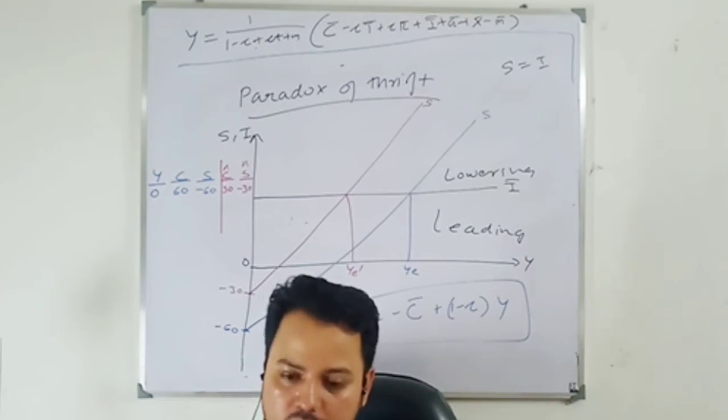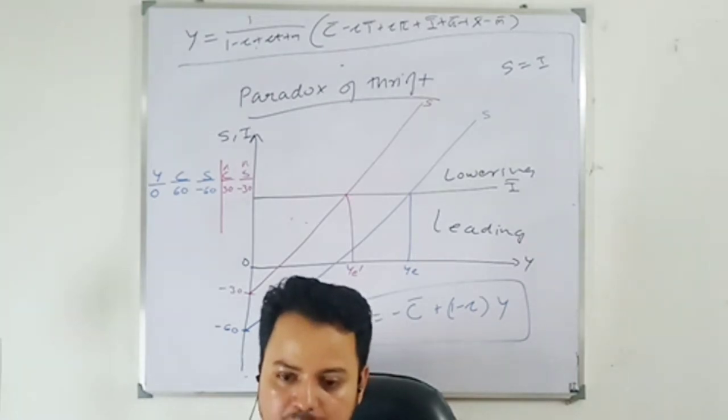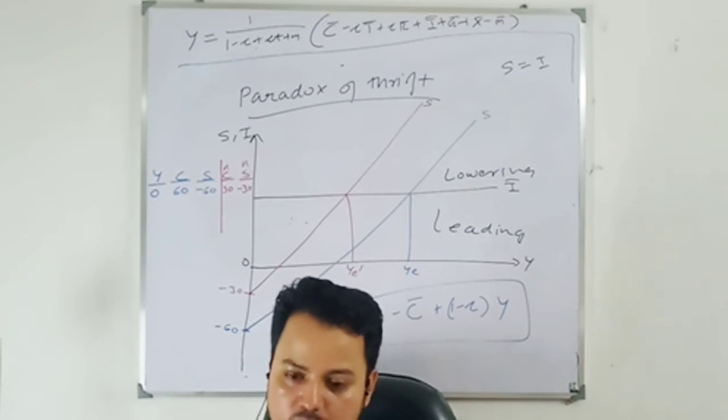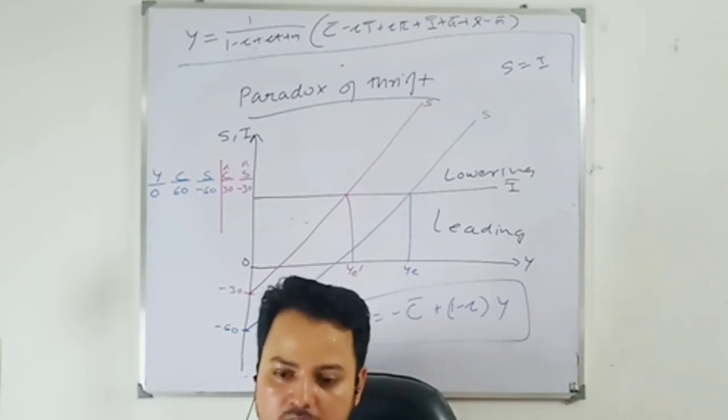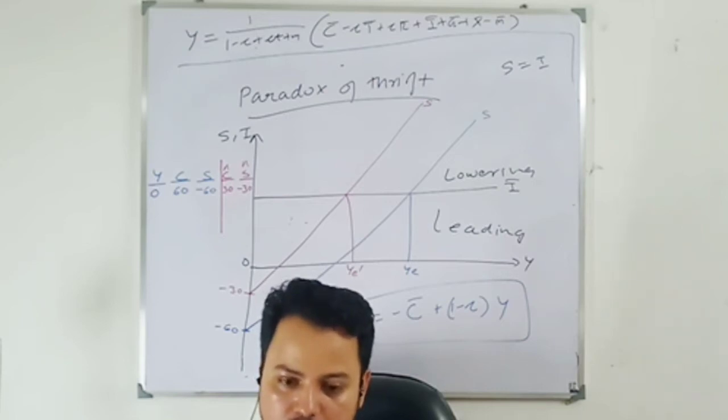Determination of national income in the 2 sector model I have done. You can include the government also, and the explanation will be the same, no need to worry about that. Nature of equilibrium: underemployment equilibrium, or you can say less than full employment equilibrium, and full employment, unemployment, inflation, this we have talked about. Stability of equilibrium we talked about, and I have added existence and non-existence of equilibrium.